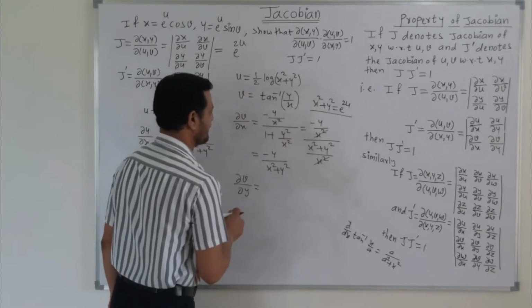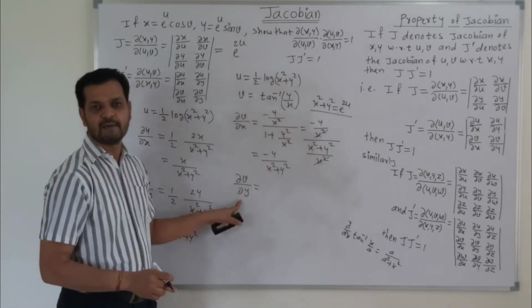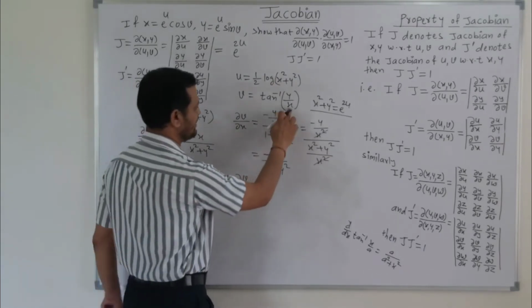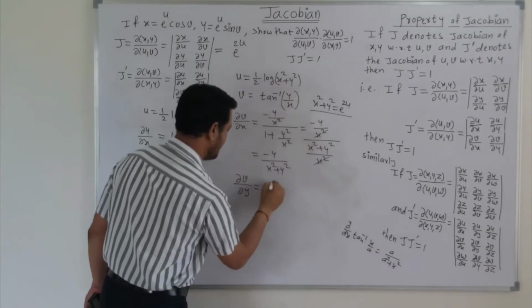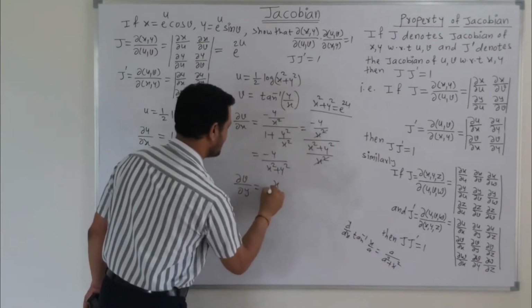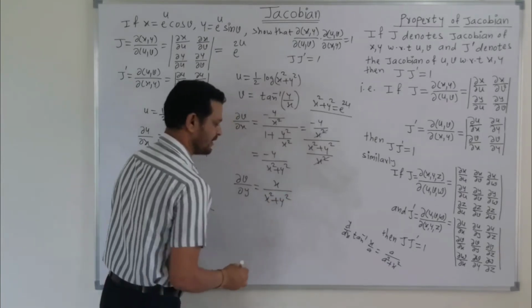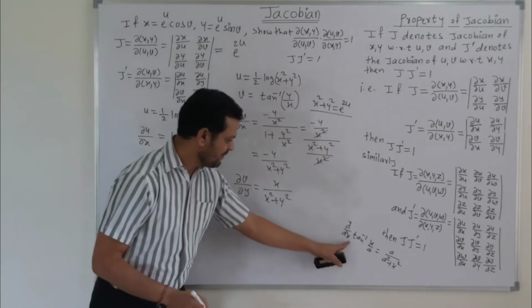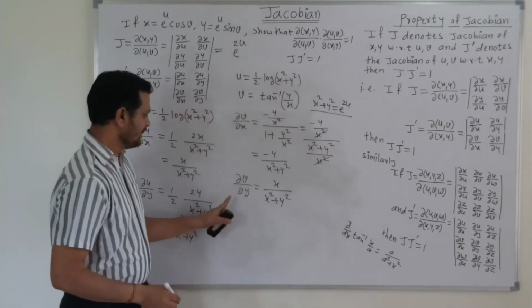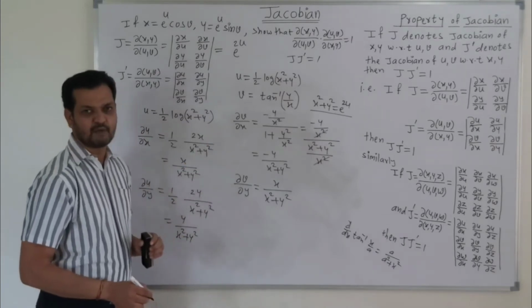So if we apply this formula, here we are taking the partial derivative with respect to y. That means x is constant, that means this a is equal to x. So we can write this derivative as x upon x square plus y square. Or we may apply the same concept and get the same answer, or we may directly apply this formula. In this way, we get the partial derivatives of u and v with respect to x and y.